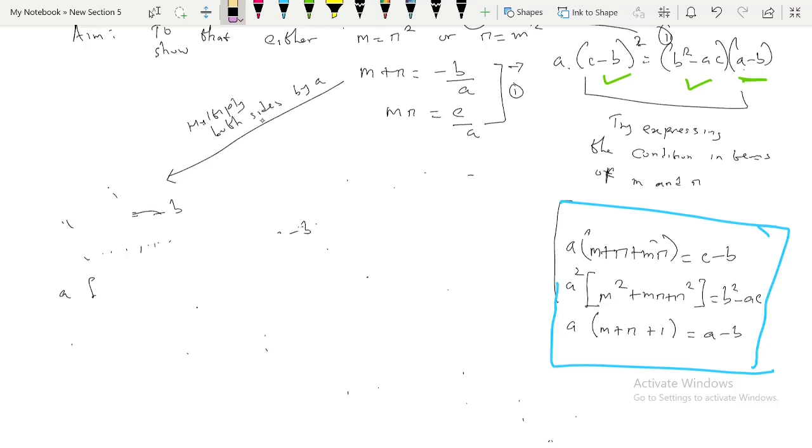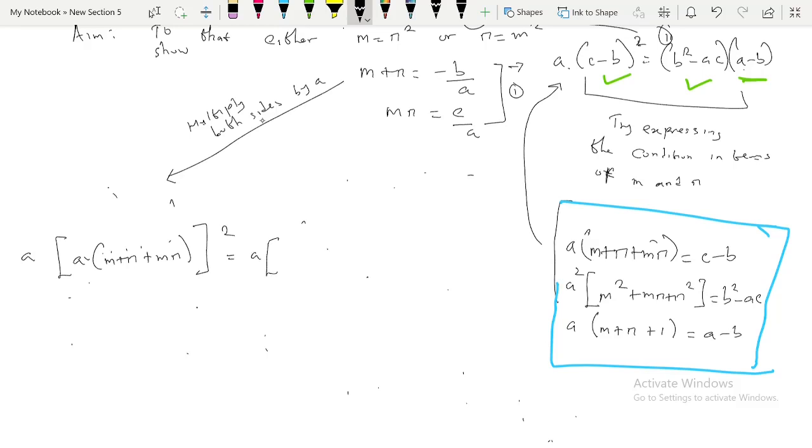So we know what these are now. So we just come in and plug all this. So we now use this to come here. In place of a, I leave a there. In place of c minus b, I put this, all squared, c minus b squared. In place of b squared minus ac, I put a into, so in place of a minus b, okay, this is square outside. In place of a minus b, I put a into,